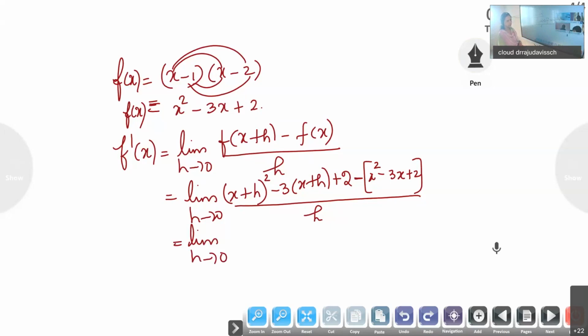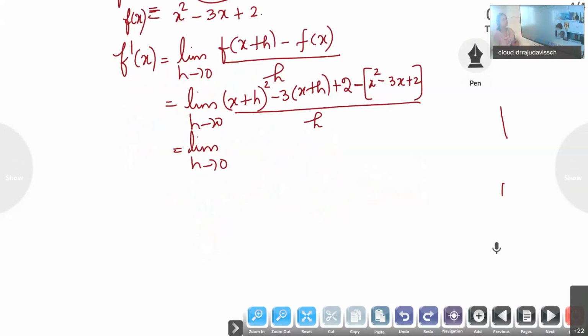What's the expansion of x plus h the whole square? x square plus 2hx plus h square